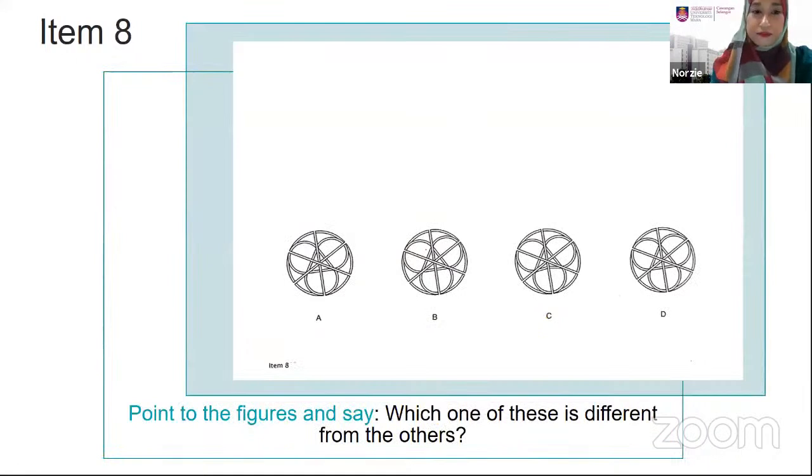Okay, item 8. Dia kata point to the figures. You can point to the figures and say which one of this is different from the others. Cuba tengok. Cuba teka yang mana satu.